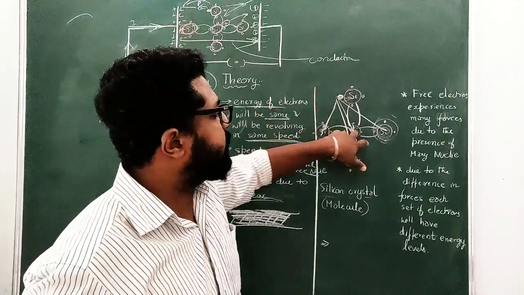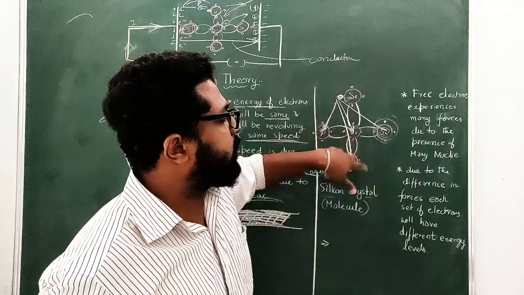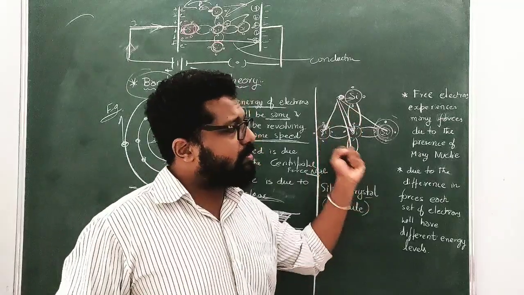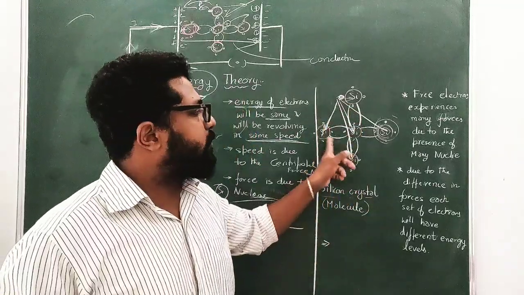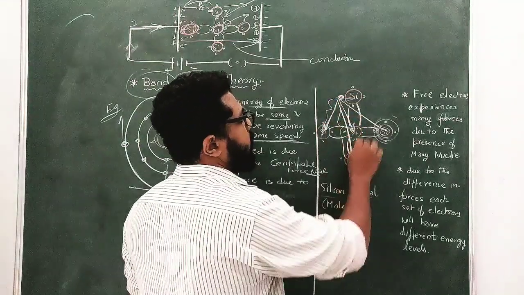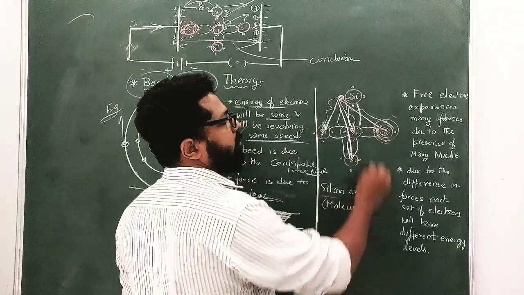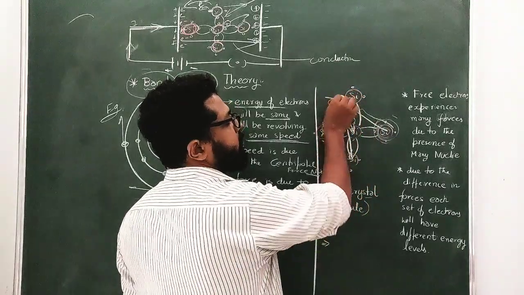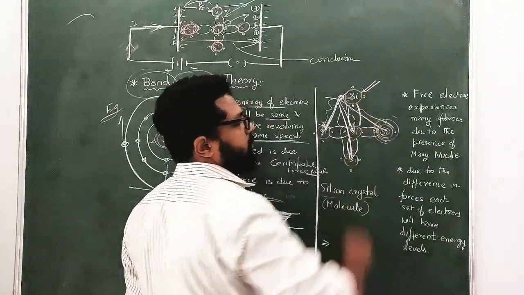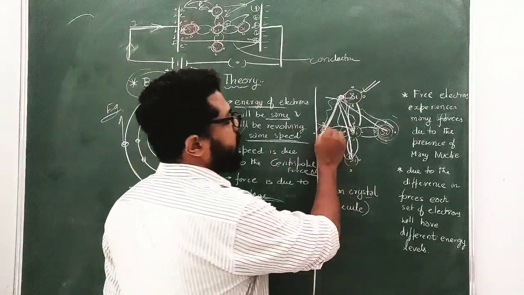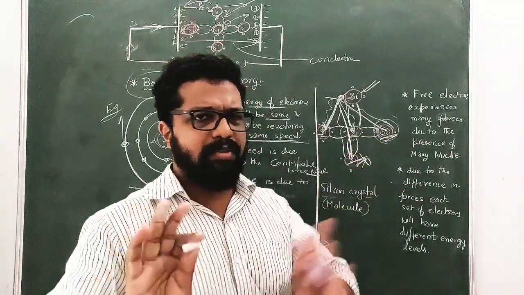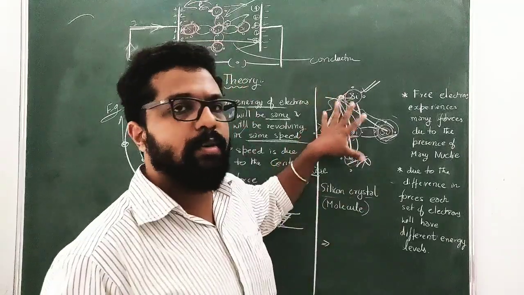But are these forces the same? I mean, all the forces attracting, whether pulling or pushing, is it the same, or does each pull with a certain force which is different from the others? Why? Because they are at different distances. Their distance from that electron is different. This one is different, this one is different, the distances here are different. So obviously I can tell this one exerts the maximum force. This one will be the next, this one the next, and this will be the least. You don't need to know all that. I'm just telling you how it works.